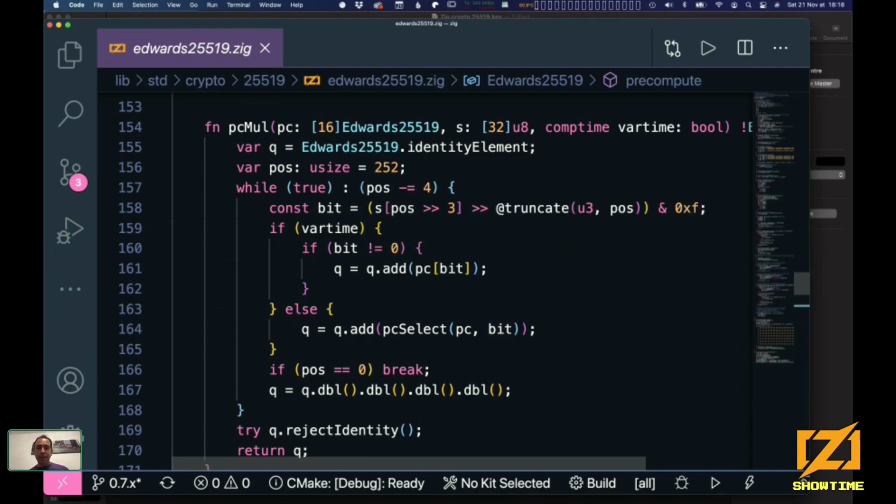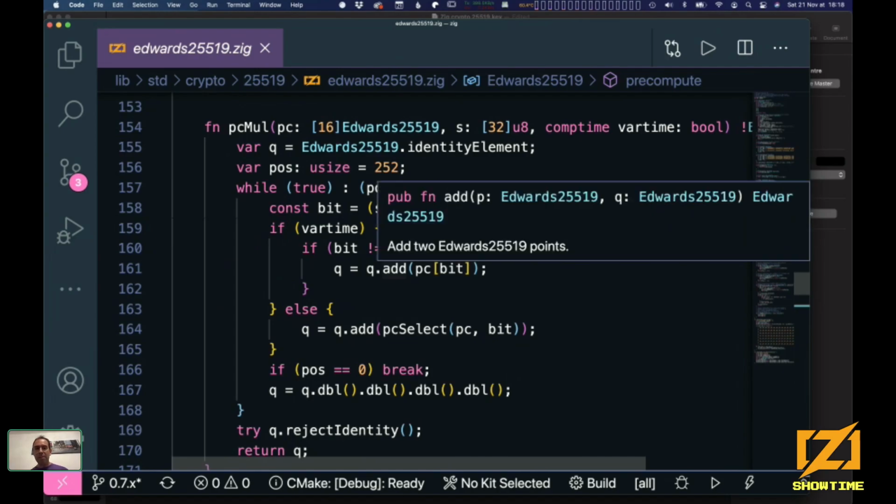And you can see that we have two versions of this addition. This one is constant time. PC select is going to use cmove to do the lookup in the pre-computation table. And this one is just an if. Sometimes we don't care about constant time or not. For example, if you do signature verification, everything is public, so it's okay to have side channels.